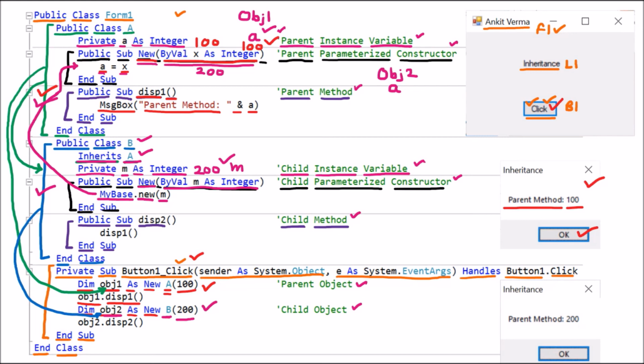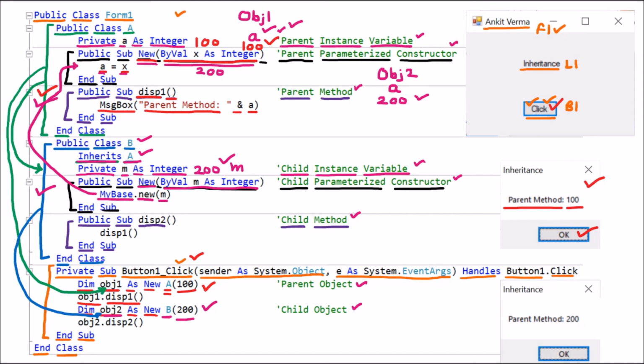So if we are having 5 objects, then 5 copies can be there, so that is not a problem. So here the separate a is created and it is having the value 200. In obj1, a already has the value 100. So whenever you are going to access the obj1 value, you can access that. But here we are having the obj2 a variable as 200. Now this 200 value is given to variable a.